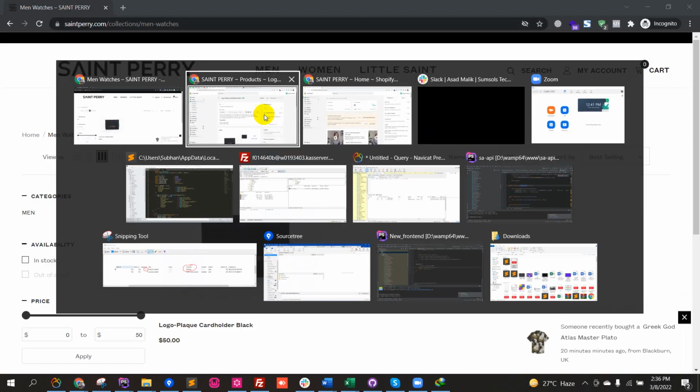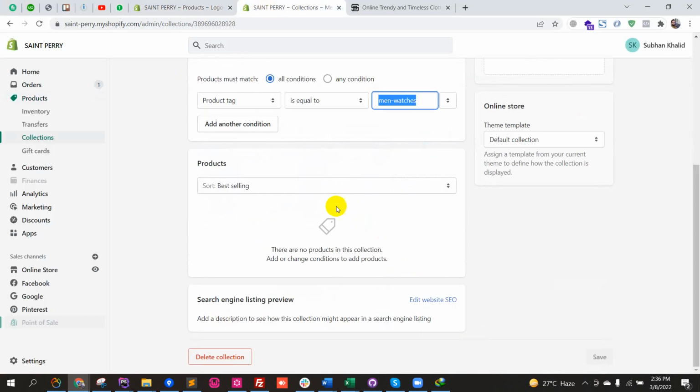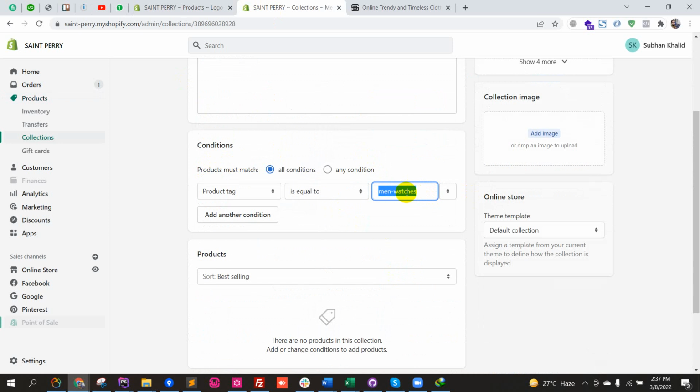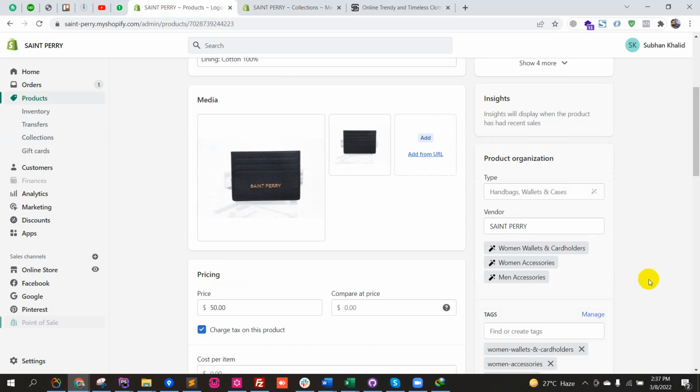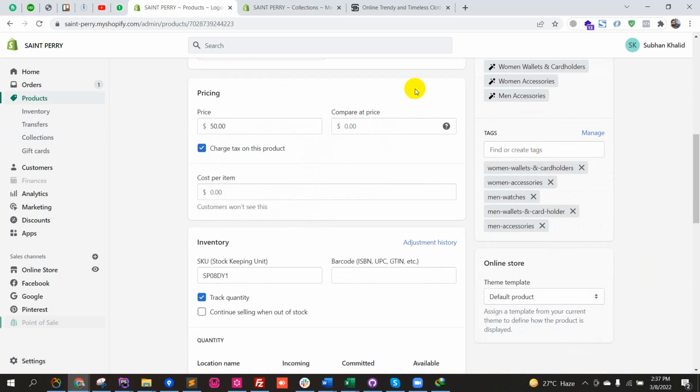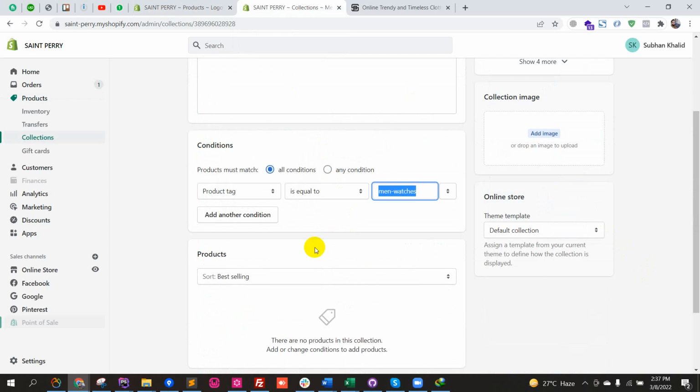So what is the key? The condition in all of the collections, you have to copy that in already added collections, and if you are creating another collection, another category, then put the title in lowercase and replace the spaces with hyphens, and then use that as a tag in a product and then save it. Then you will see that product in that specific category. That's all. If you have any question,